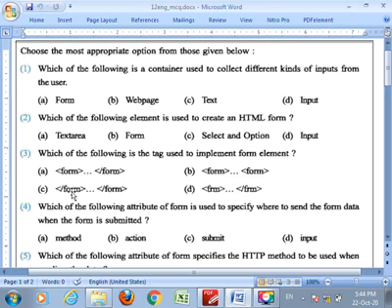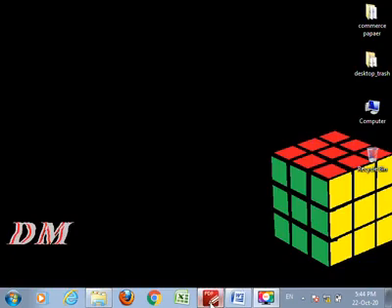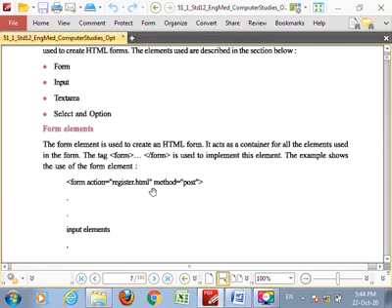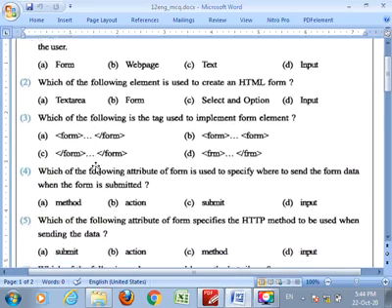So all of you know that the form and /form tag is used to implement the form element. As per your textbook, the form/form tag is used to implement this element. Now we discuss our MCQ number 4.